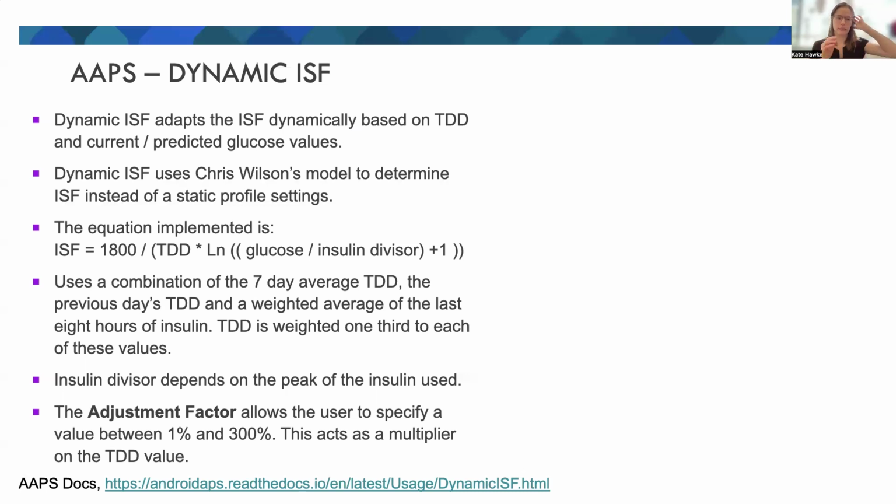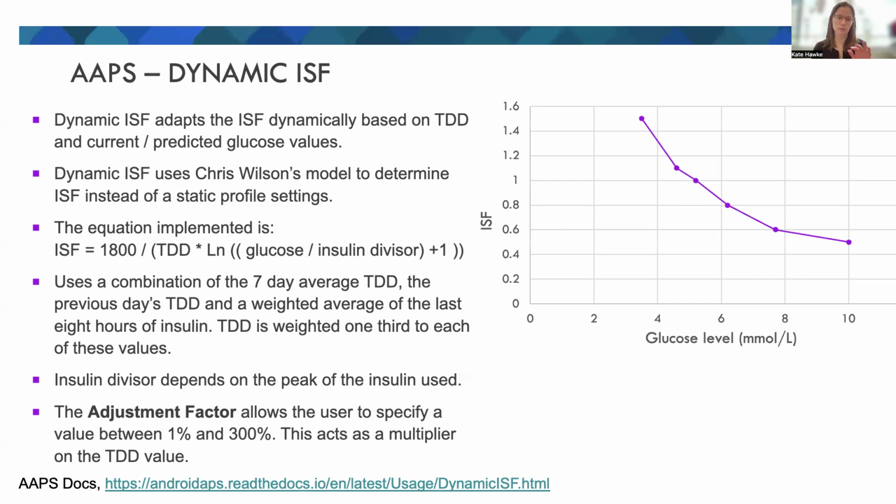It's weighted against 7-day average total daily dose, previous day's total daily dose, and recent 8 hours insulin. And there's also an adjustment factor, which allows the user to specify a value between 1 and 300%, which acts as a multiplier. So just as a visual, I observed directly one of my patients who was using dynamic ISF,